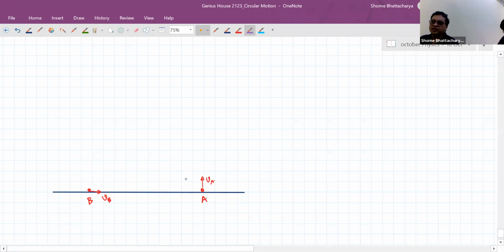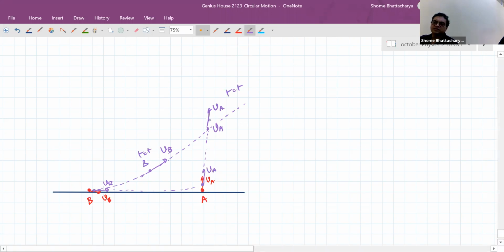As you'll understand, a very small time later, when A has reached somewhere here, B would have reached somewhere here. Now B's velocity vector has become like this, but A's velocity vector continues to be like this. So that's how you understand that B is turning, and at some time t it's here, and by then, let's say A is somewhere over here. A's velocity vector is like this, and B's velocity vector is now directed along this line. Technically, this line is different from the curve earlier. So this is at the time t.